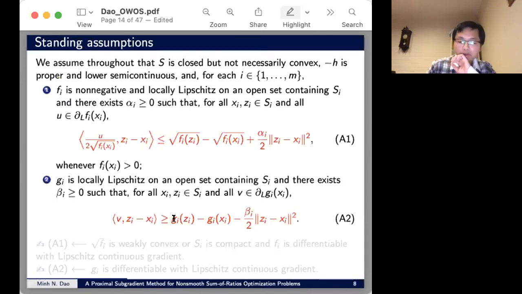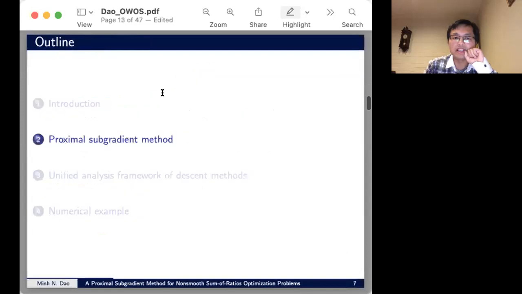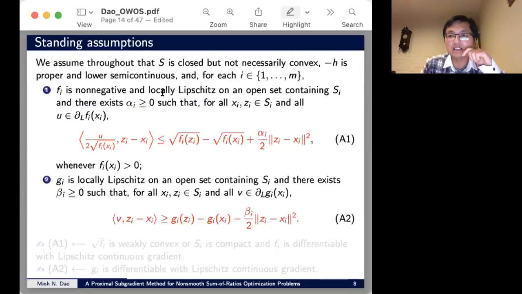In what follows, we will work under these standing assumptions. We assume that S is the constraint set here. We assume that S is closed but not necessarily convex. Minus H is closed and lower semi-continuous. And for i from 1 to m, fi